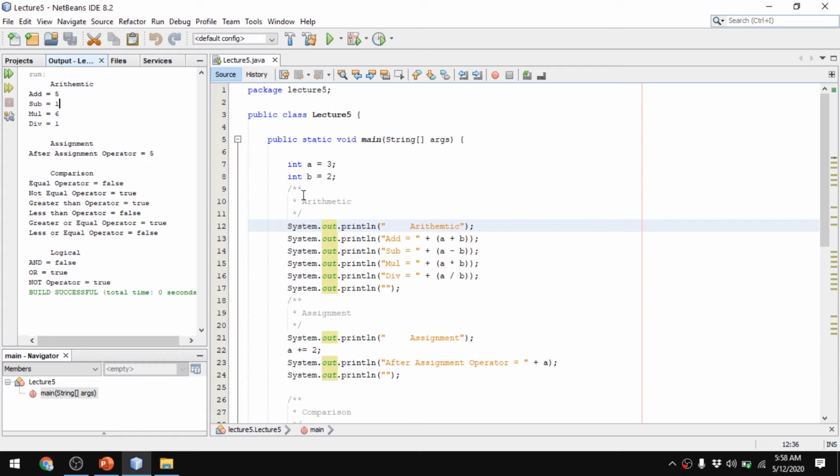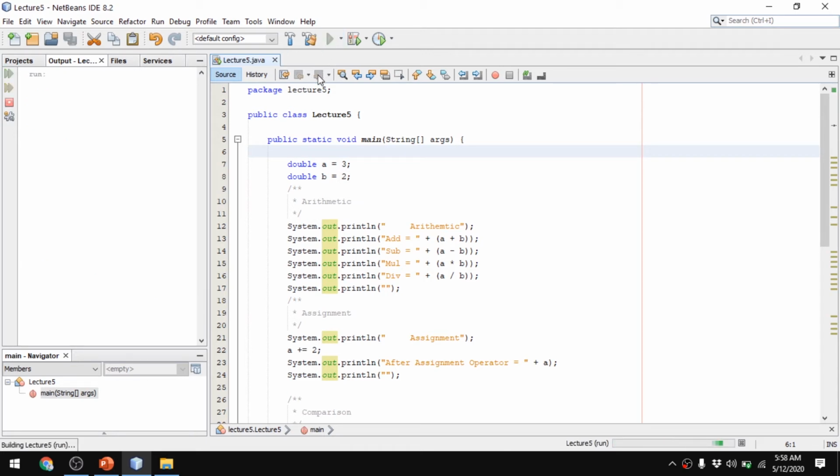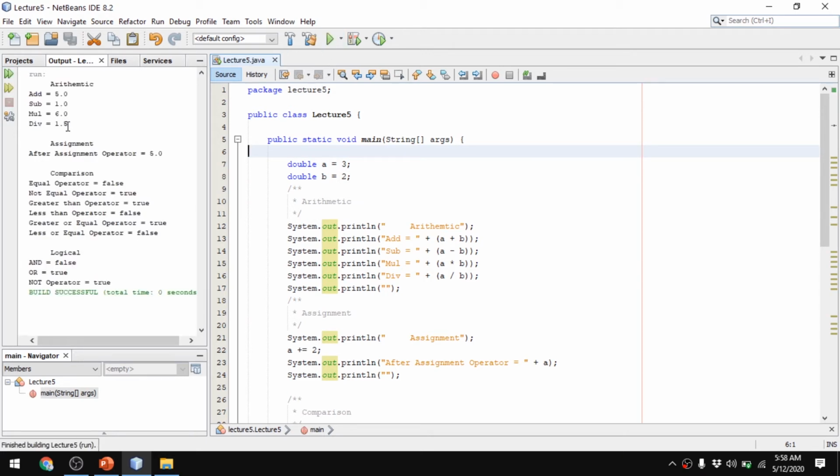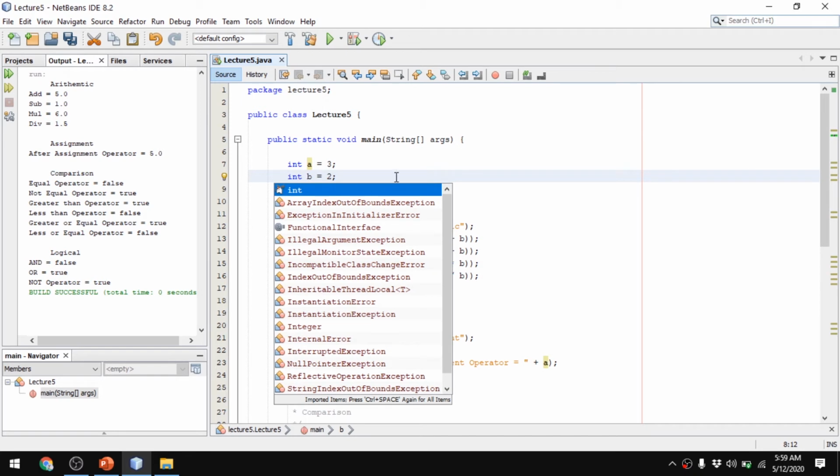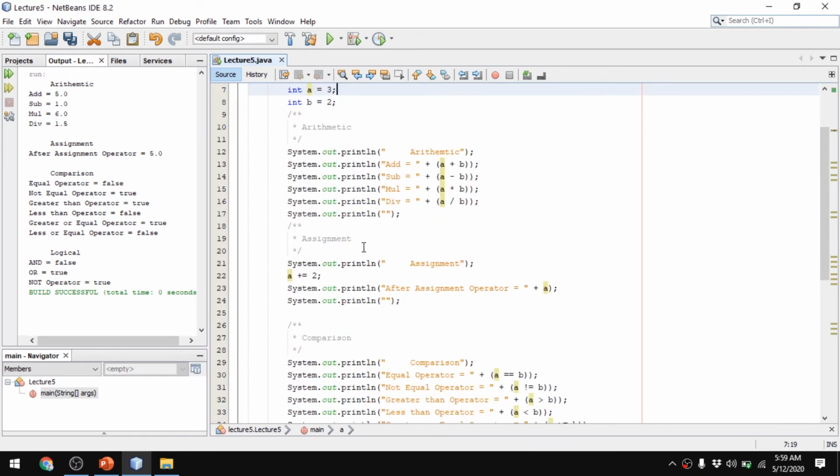So if you want to get the point value as well, you will have to change the data type of these two variables to double, so that they can handle point values as well. So you can see that here the division has now returned 1.5. So let's change it back to int, and then we will move to the assignment operator, and